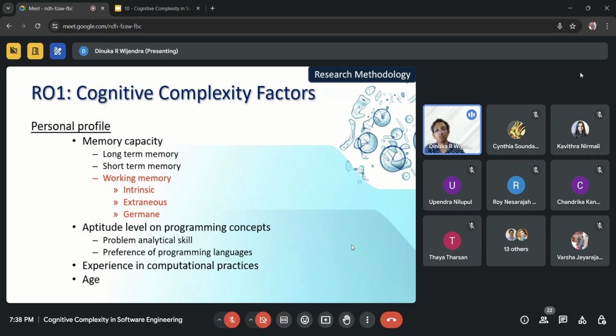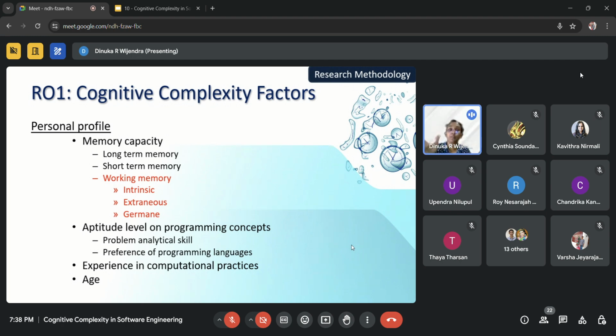Working memory also has three sections, because under the working memory, how much information is coming or is processing inside your human brain, we call cognitive load. That cognitive load under the working memory can be divided into three sections: intrinsic, extraneous, and germane.